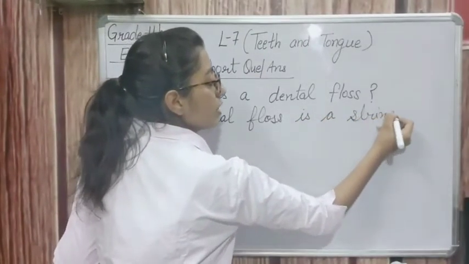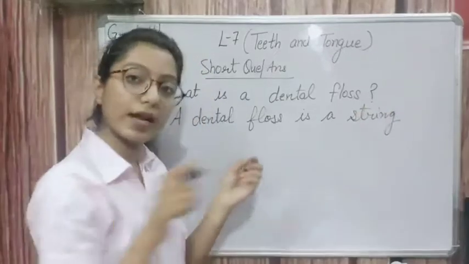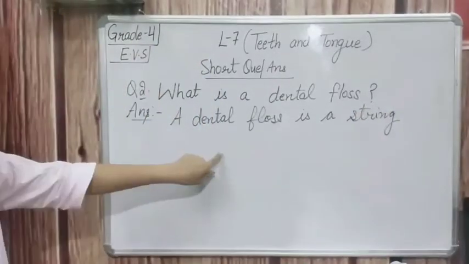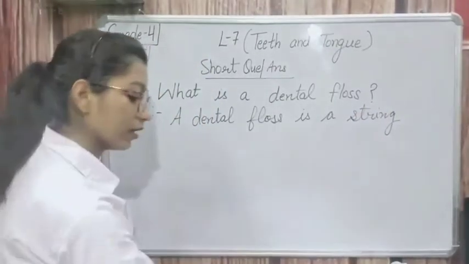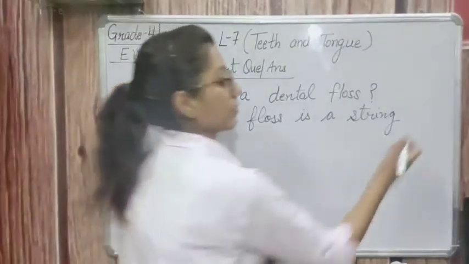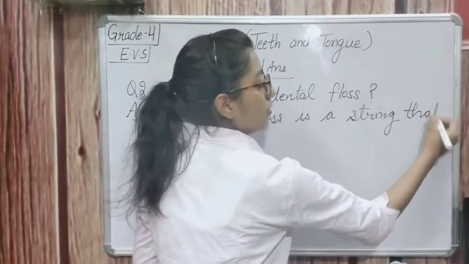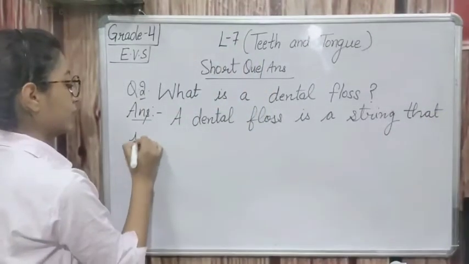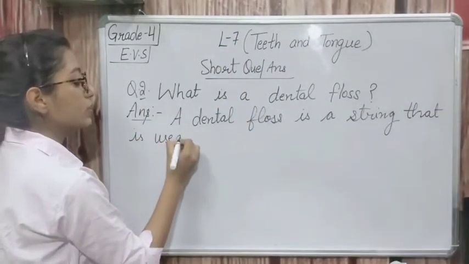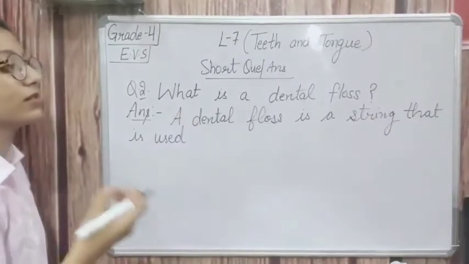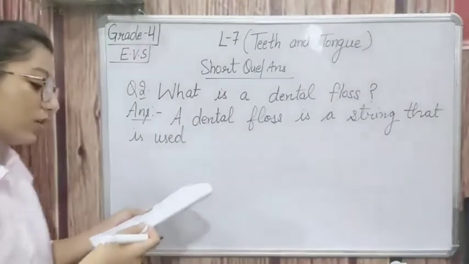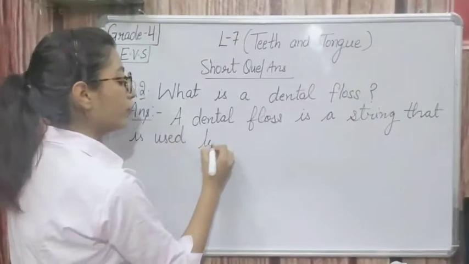It is a string like a thread. Dental floss is a string that is used to remove